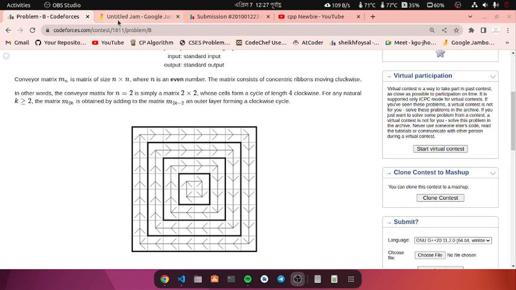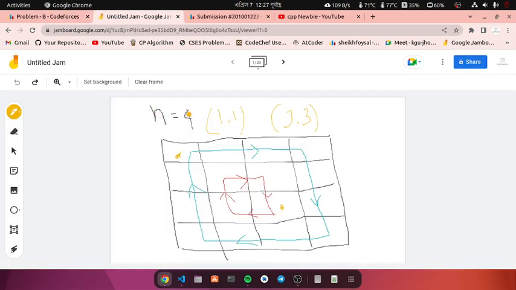So let's take an example for n equal to 4, and we are given 2 points, for now 4 comma 4. This is one concentric ribbon, this is the second concentric ribbon. For this point and this point, this is one concentric ribbon, right? So we do not have to spend any energy, so the answer is 0. But